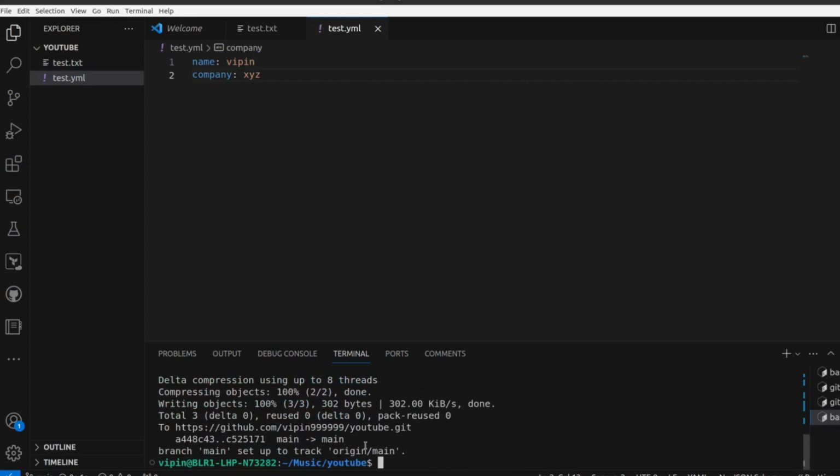So we have successfully pushed these changes to our main branch.